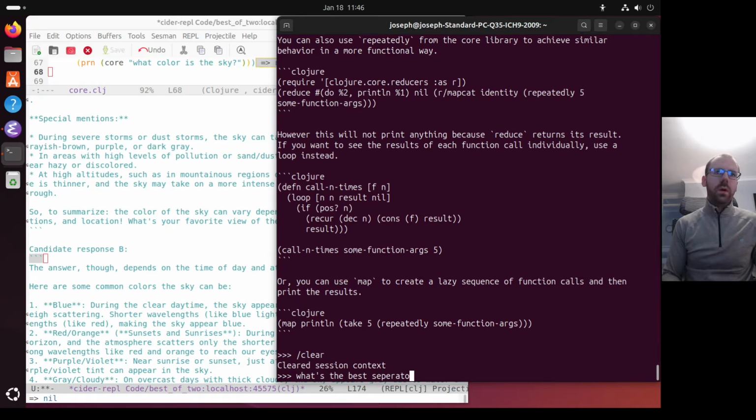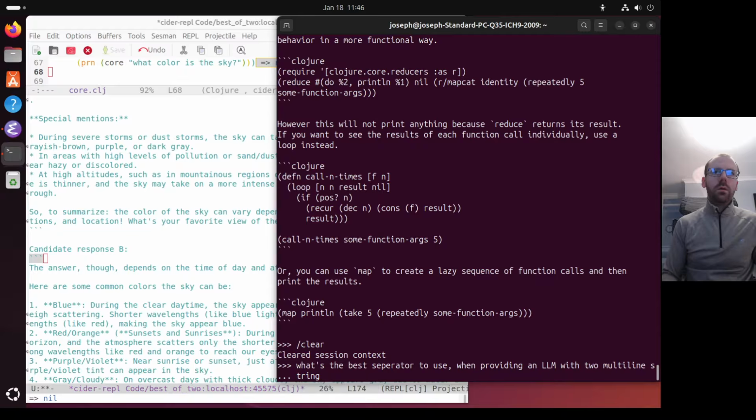What's the best separator to use when providing an LLM with two multi-line strings to